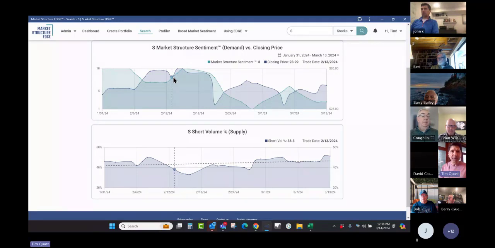So I bought Sentinel-1 about here, and so where should I have left? Well, keep in mind, options are going to expire right in here. How do you know? You can go over here to Using Edge, go out to How It Works, look under Resources, and you'll see the expirations calendars. I know, it's emblazoned in my mind. So I know it's right in here.